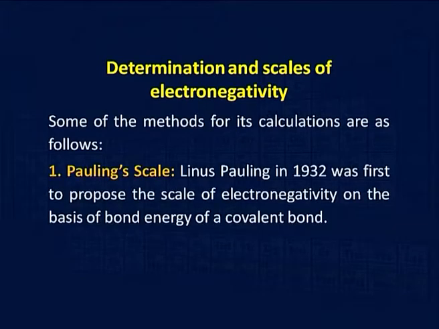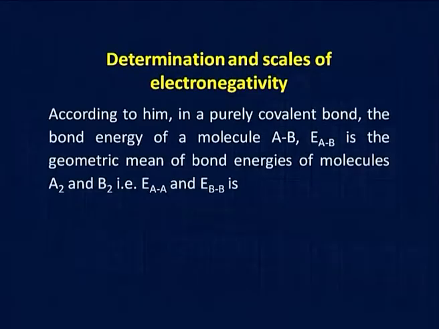The first method is Pauling's scale, and Linus Pauling in 1932 was the first to propose a scale of electronegativity on the basis of the bond energy of a covalent bond. What is bond energy? It is the amount of energy required to break a bond between two covalently bonded atoms. According to Pauling, if the bond is purely covalent, that is, a non-polar bond,